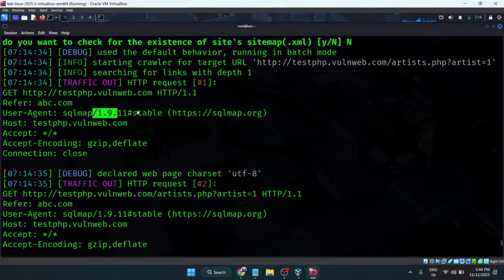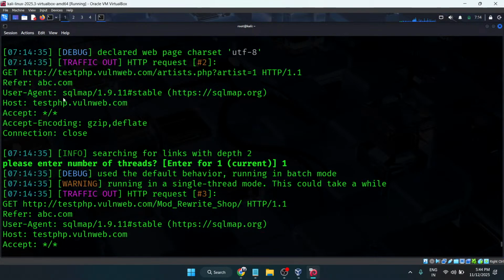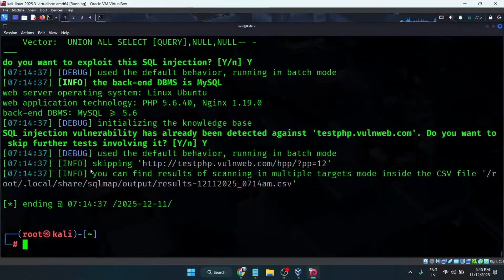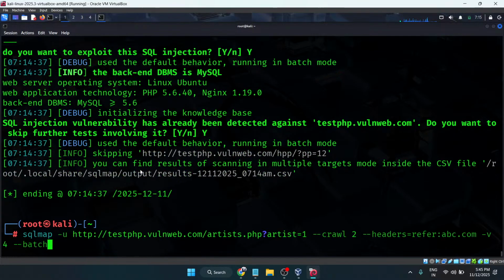So we can also change this to something like iPhone, anything like that, so that all the requests appear to be coming from the Chrome browser or from the iPhone, so that it does not get detected by the firewall if there is any. Also, I can change the user agent. Let me show it to you how. Hyphen hyphen user-agent equal to